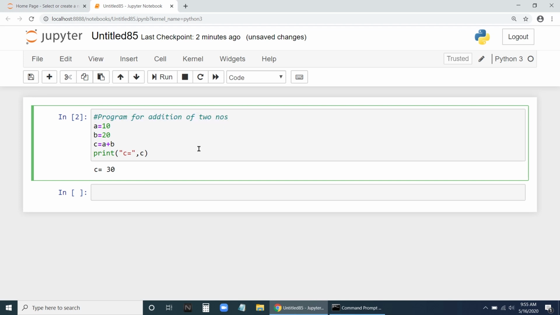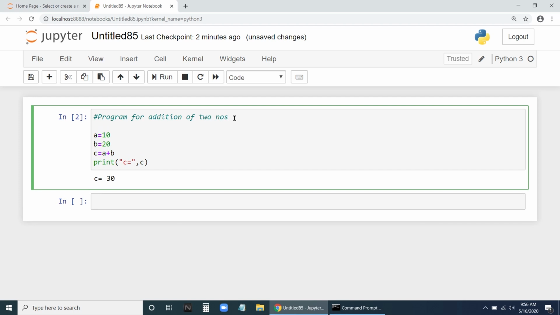Let us say I want to have a multiple line comment. There are two ways for this. Let us say here, one hash: This program is done by Rizwan. Okay, fine, this is mine.